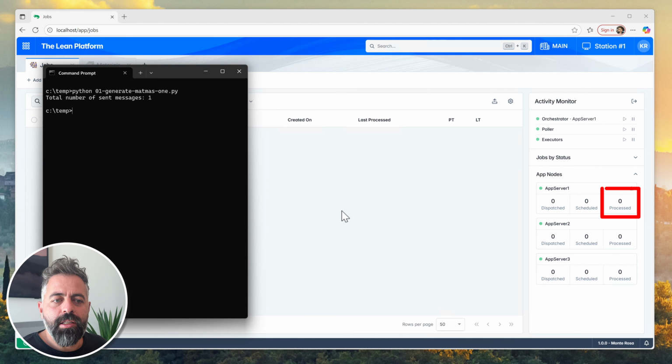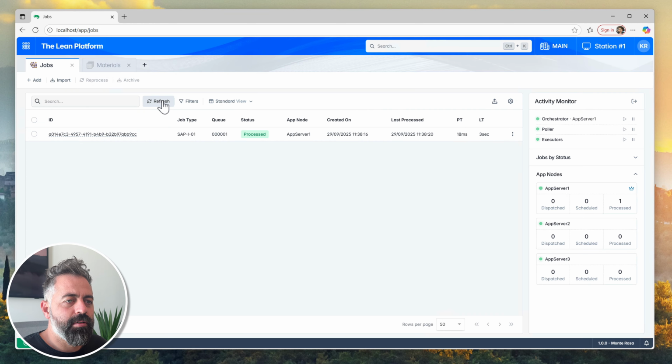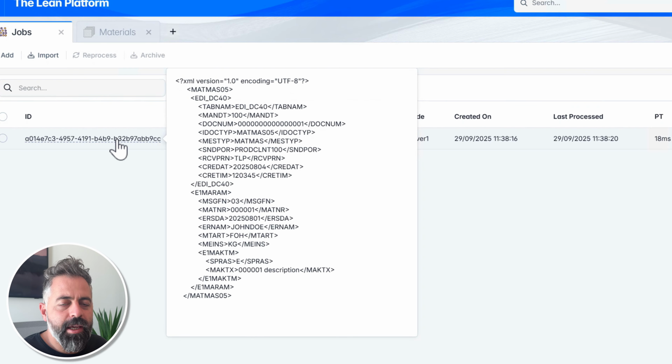Now, as soon as I execute my Python script, we can see that on app server 1 we got one job that got processed. If I refresh this grid, we can see that one row was created, so one job was created, and if I click on the ID, I can see the IDOC that I